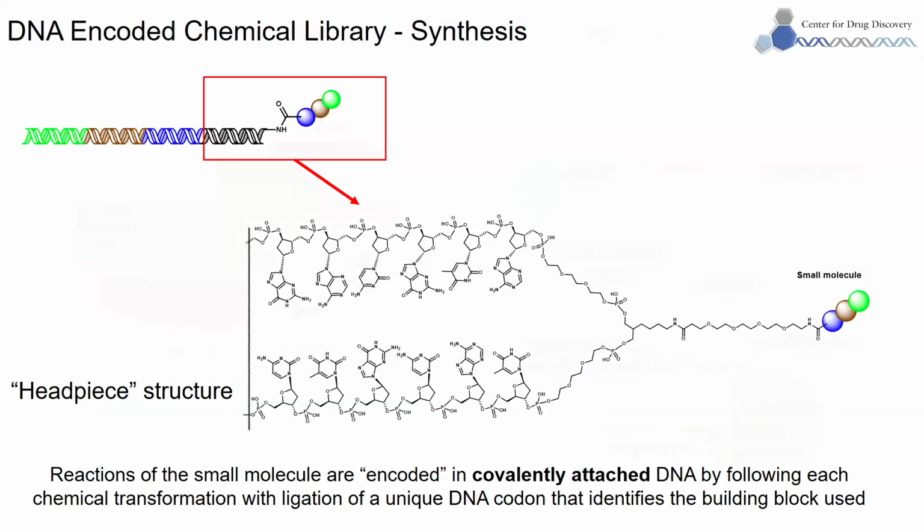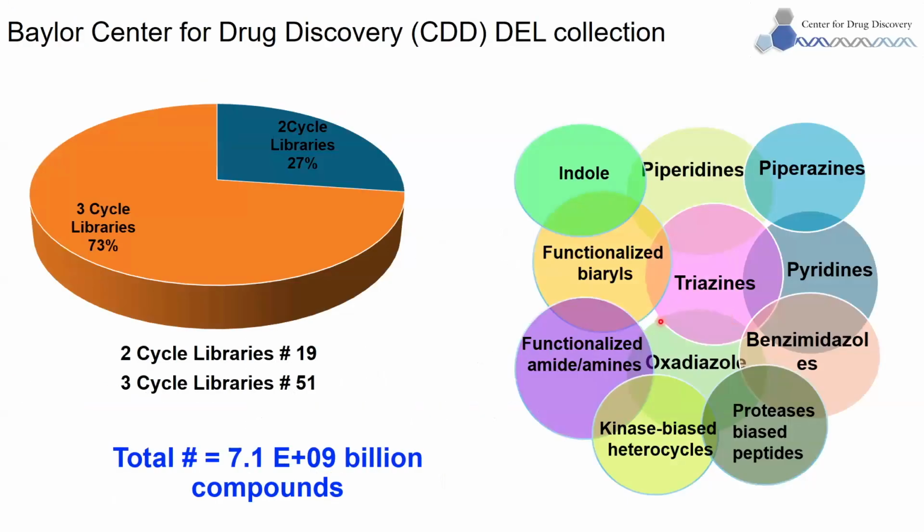So by doing this here at the Center for Drug Discovery, Baylor College of Medicine, we built close to, I know I mentioned 7 billion before, but now we're almost close to 8 billion small molecule compounds in our collections. Some of them are 3-cycle libraries and some of them are 2-cycle libraries, which means there are only 2 sequences of chemical reactions. By doing this, we cover pretty much most of the available chemical space for the drug